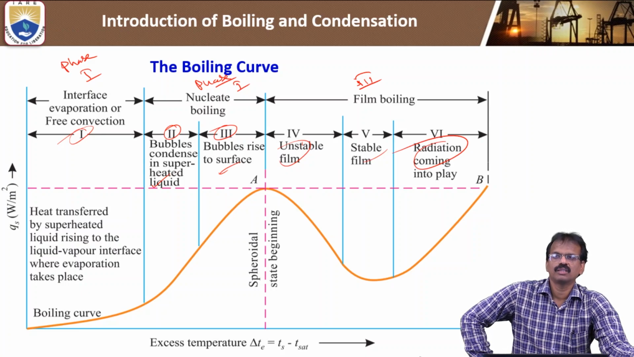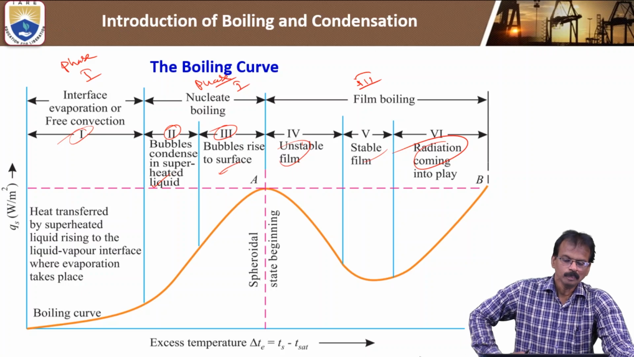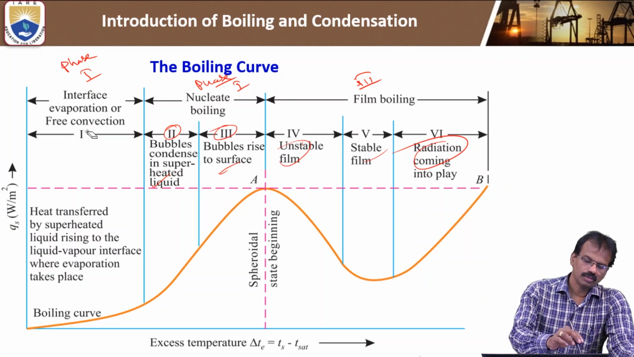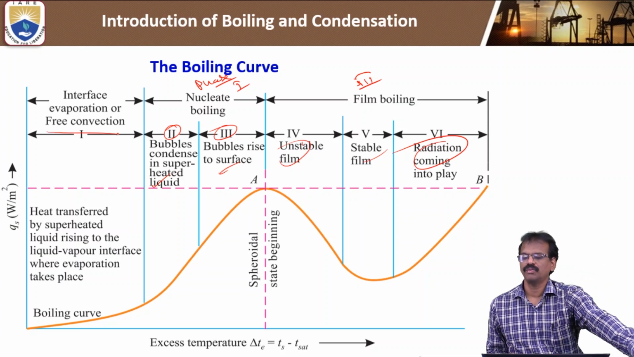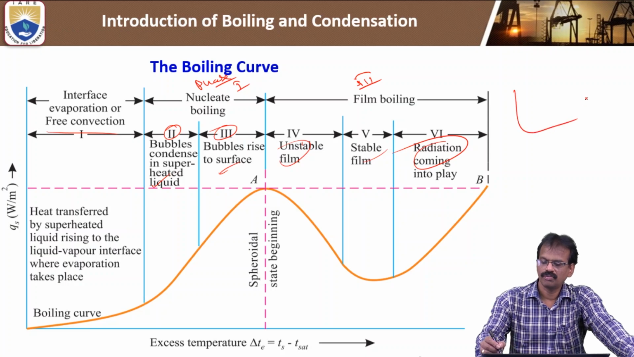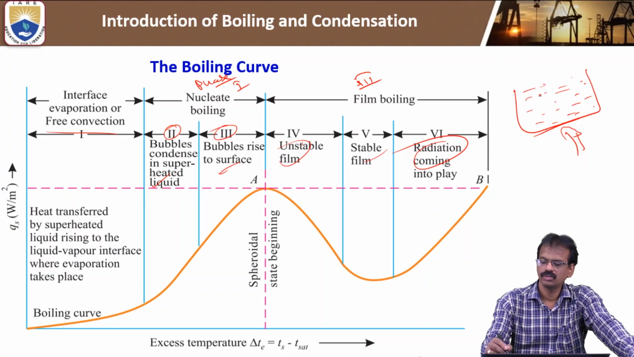So what is the importance of these phases? How does boiling occur in different phases? The first one is the interface evaporation phase, which is nothing but free convection. We know the convection process. In free convection, if you give heat to this surface, automatically the liquid in this container